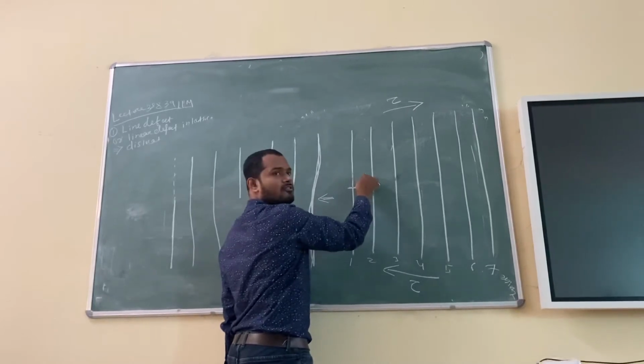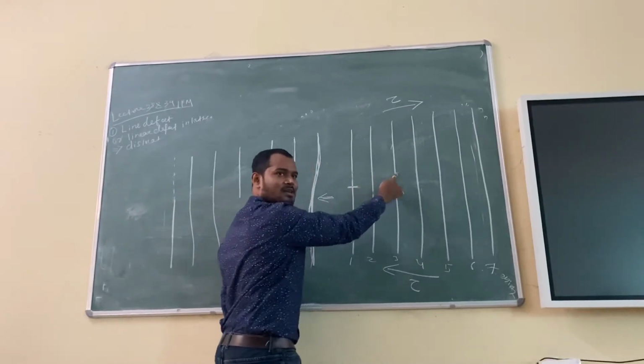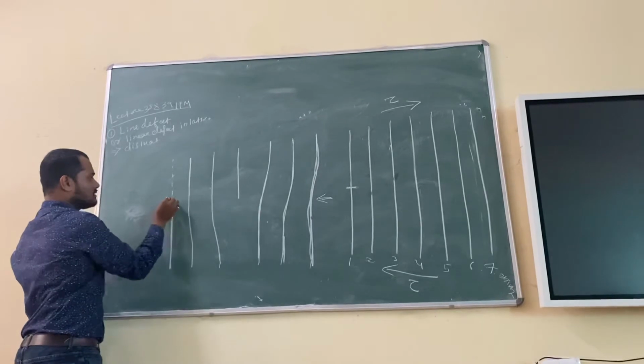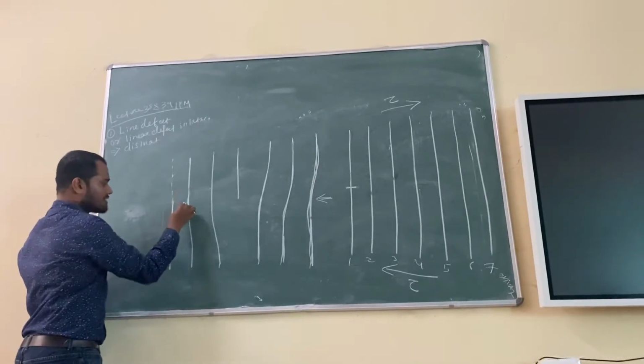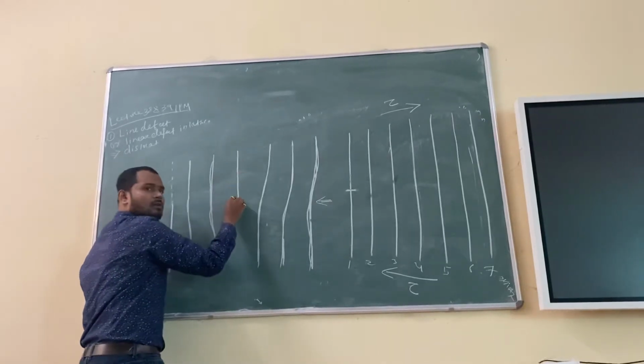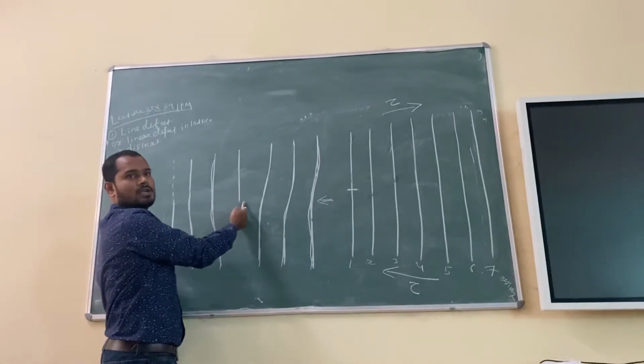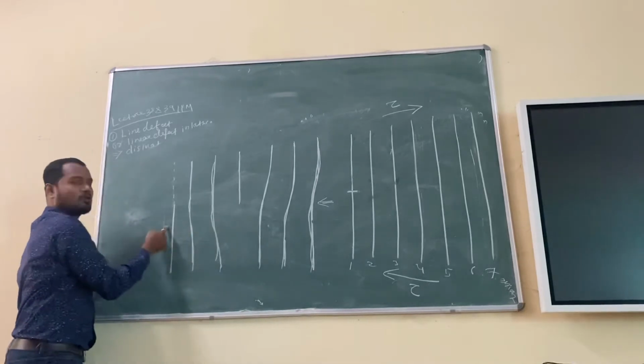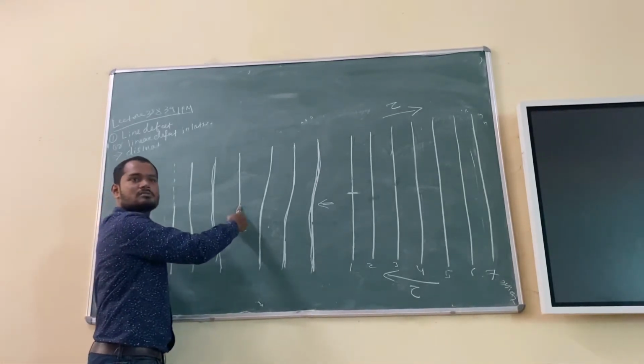So what happened to this half? It will move to this one, right? Same thing happens. So it is attaching to the bottom and it is attaching to the bottom, but one atomic plane will again come hang like this, right? So this is one dislocation and this is one dislocation.